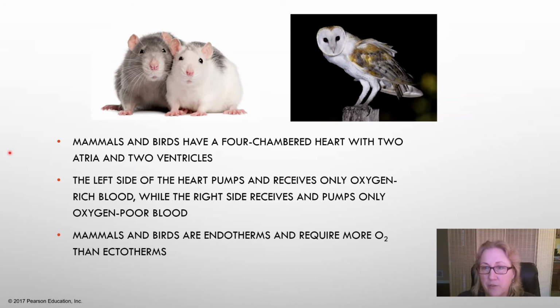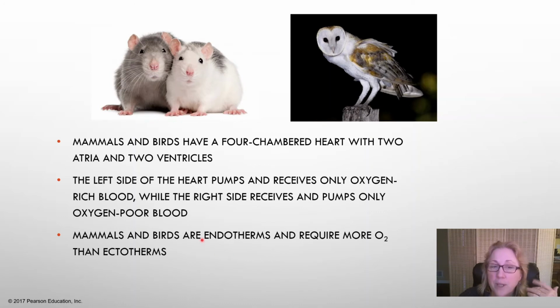Mammals and birds have a four-chambered heart, but remember, so do crocodilians. They just have a little bit of mixing of the left and the right blood. Birds and mammals don't have any mixing of the blood. And so were all dinosaurs like birds, or just the theropod dinosaurs? We don't know. It's hypothesized that this kind of four-chambered heart with no mixing allows for higher oxygen levels in the periphery, and this is possibly due to endothermy.